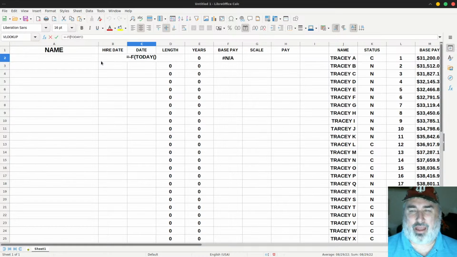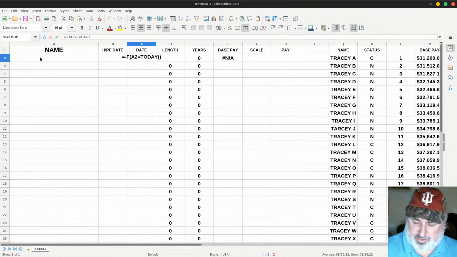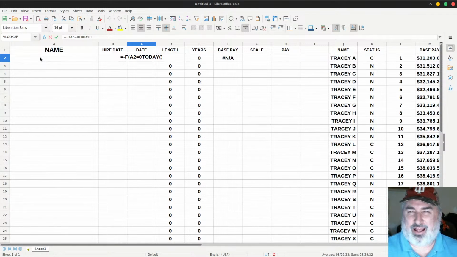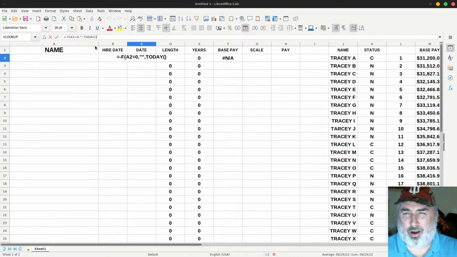And then we're going to be A2 because this is the column A2. So A2 equals 0 and comma. If it is 0, we don't want anything in there, so we put the brackets there like that. Then you hit another comma. And after you do that, we're going to put another bracket here. We're going to hit this check mark and